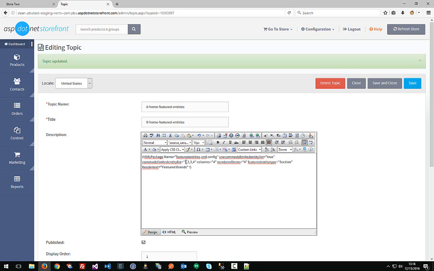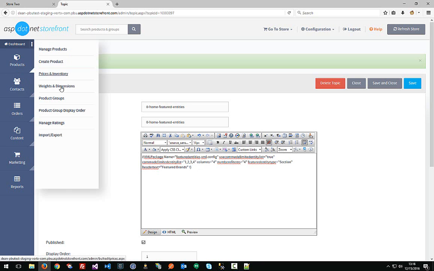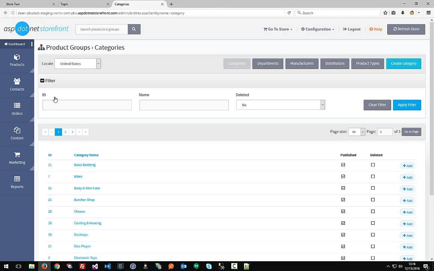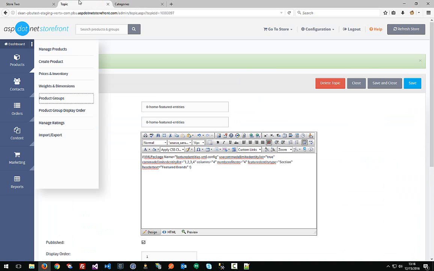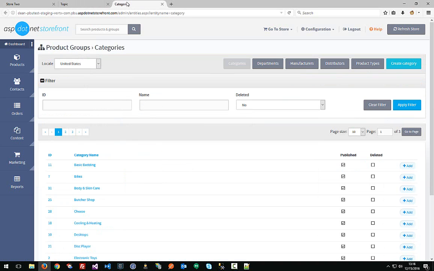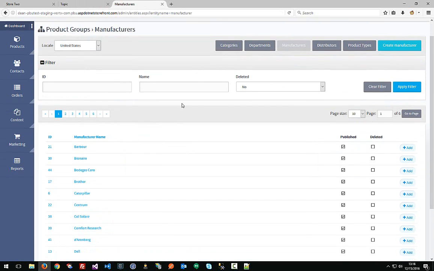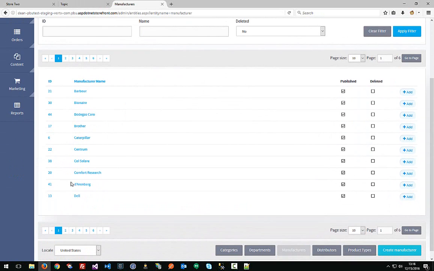So we're going to go find some manufacturers to feature. Let's go to products and product groups, and I'm going to control click this to open up another tab so we can keep our topic open here for editing. We'll go over to manufacturers here, and let's just pick a couple of these. So let's feature